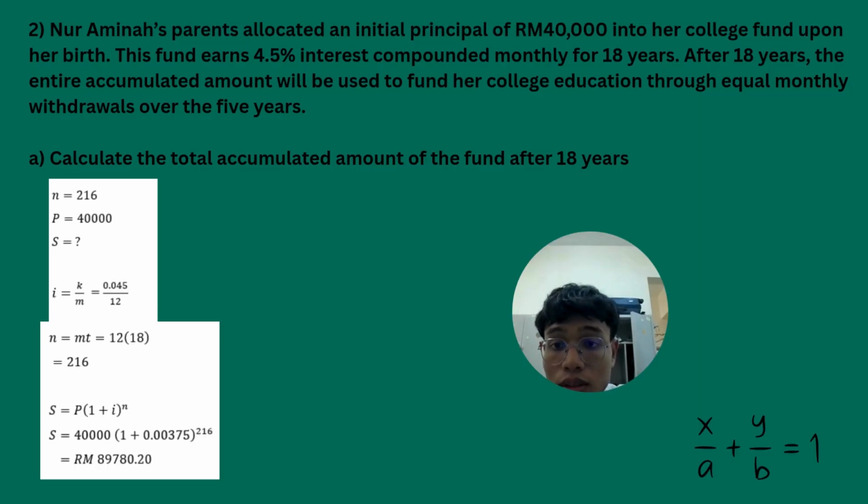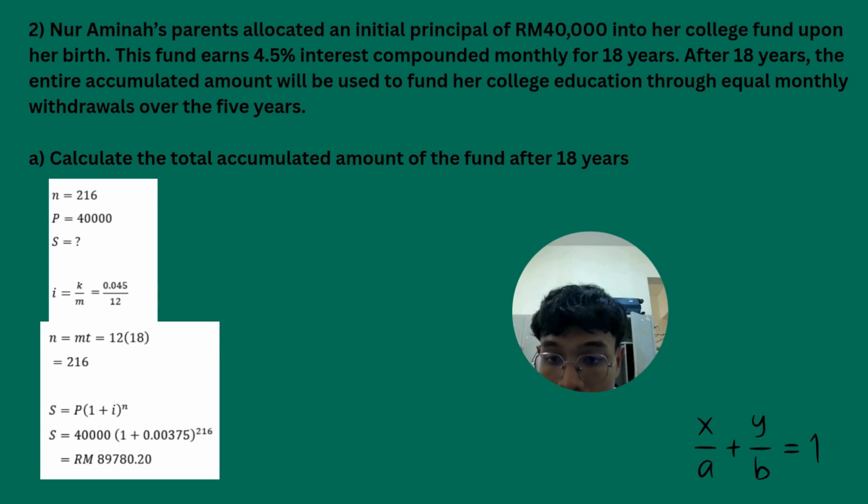For question 2A, calculate the total accumulated amount of the fund after 8 years. So we need to find N equal to 216, P equal to 40,000, and we need to find the S. We need to use the formula i equal to k over m, so 0.045 over 12, and 12 open bracket 18 close bracket equal to